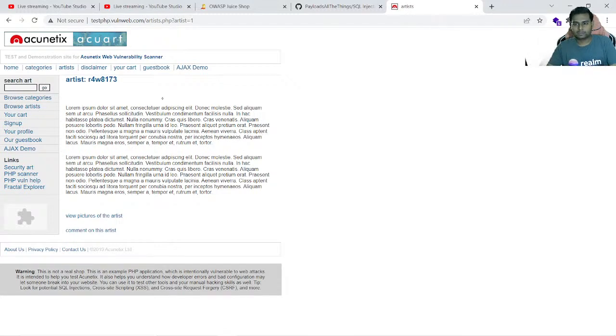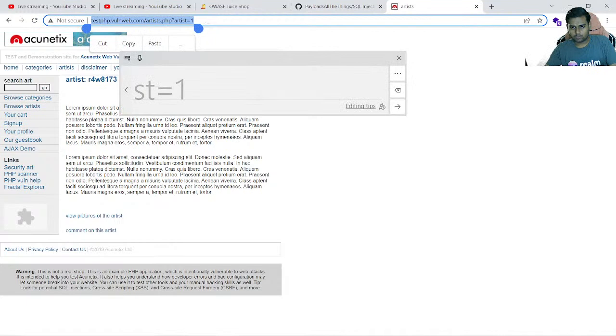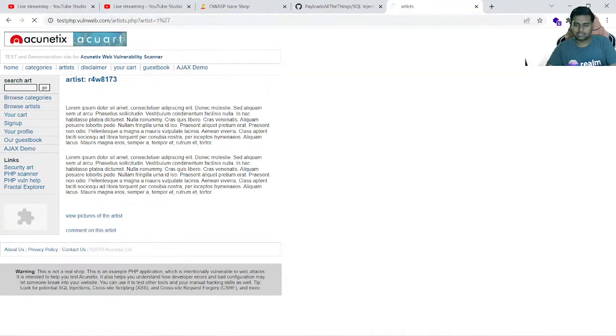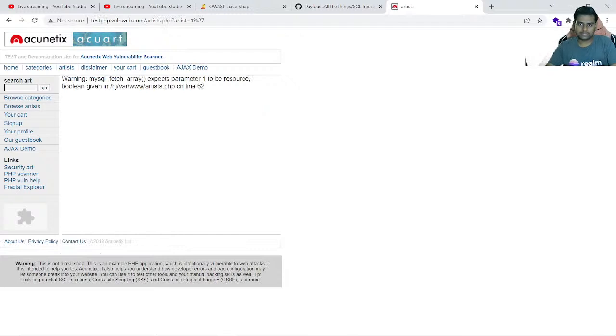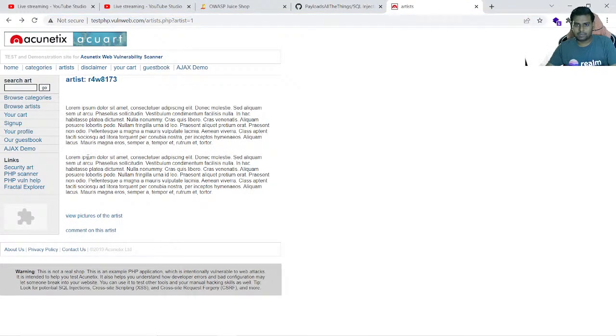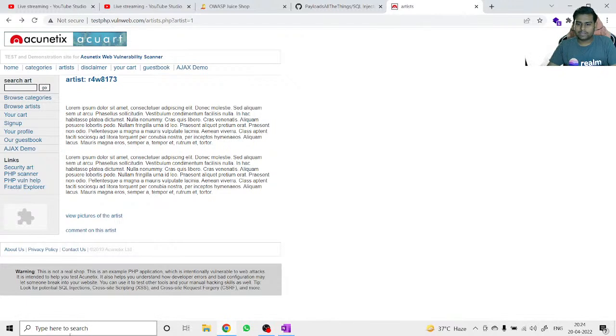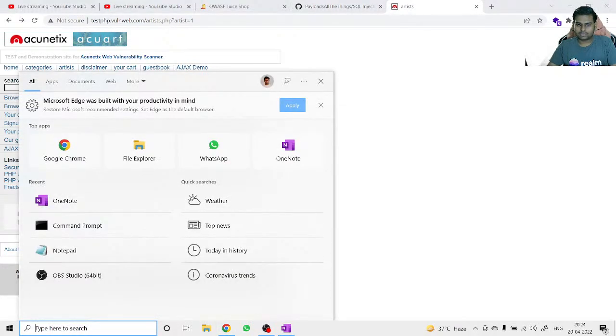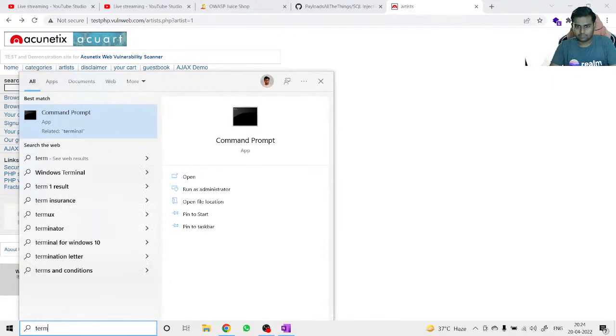So if we give a single quote over here, it will break the query and return an error for us. You can see it says warning MySQL fetch array. So this is actually an error, and this can be a vulnerable link. So we can perform SQL injection with this as well. Let me see if I have